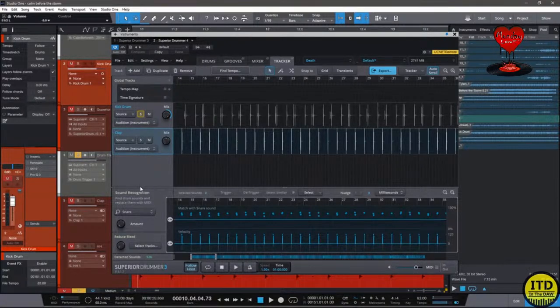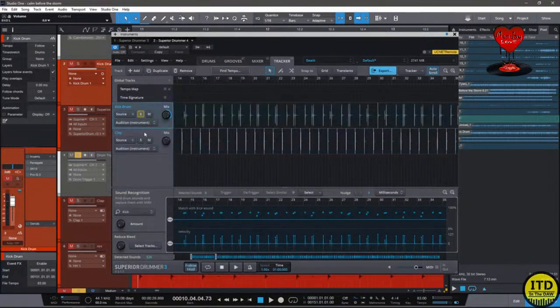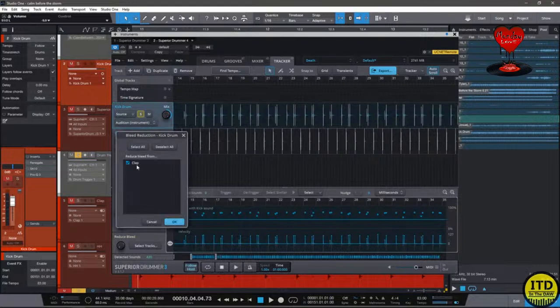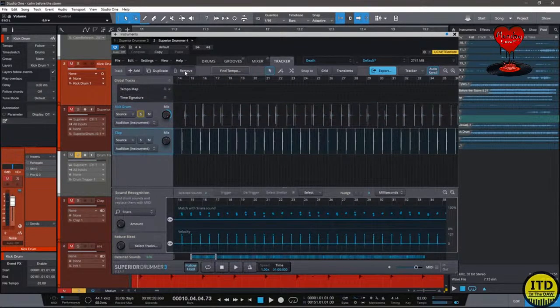But you can also use these extra tracks if you have a real kit to be able to actually get rid of bleed. So you simply click right here where it says reduce bleed, you hit OK, and you turn this knob up. This is going to get rid of false positive triggers, but in this case, it's a triggered sample, so we don't have to worry about that. I'm going to hit remove,